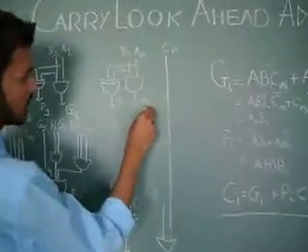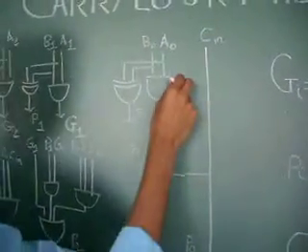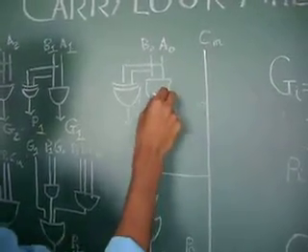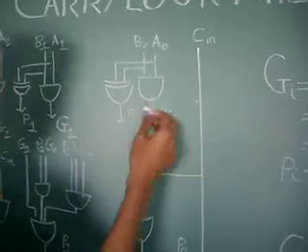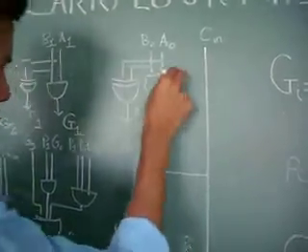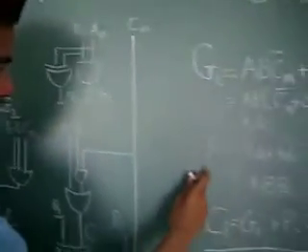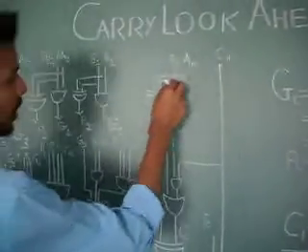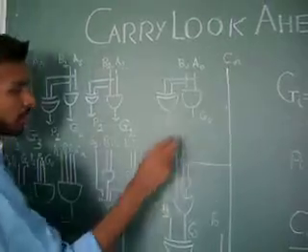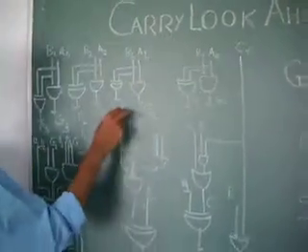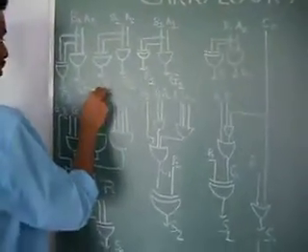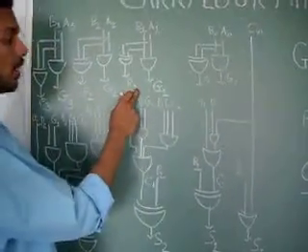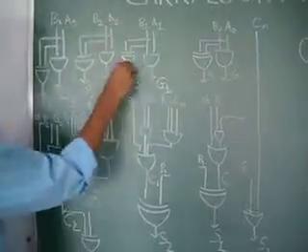As you can see, G0 will be equal to A0 B0. Therefore, I have represented G0 = A0 B0 by using an AND gate, and we get the output G0 from inputs A0 and B0, and P0 will be equal to A0 XOR B0. Therefore, by using an XOR gate, I have represented P0. Similarly, for G1, P1, G2, P2, G3, P3, I have represented all these carry generation and propagation expressions in the form of AND and XOR gates.